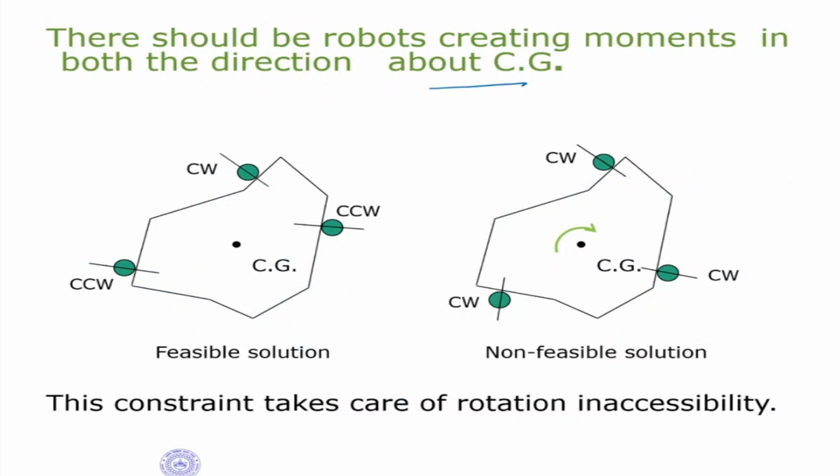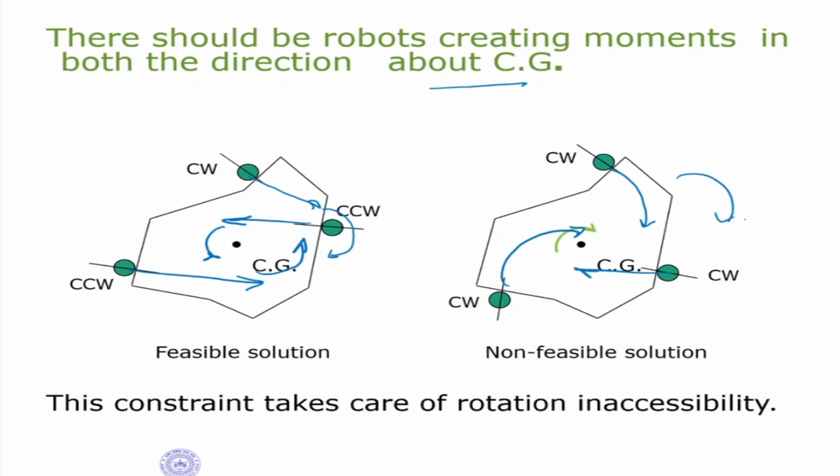The second is we can talk about there should be robots creating moments in both the directions. Okay, there should be clockwise and anti-clockwise moments, both should be there. So if you only have clockwise moments, it is not going to work. Okay, say for example in this case we have one here, and one here. So this one is going to cause anti-clockwise, that will cause this side, this will cause this side. So there are moments on all sides. Whereas in this case the moments are all on this side. Okay, so moments are all counterclockwise. Sorry, this is clockwise moments. Now this is not stable because it is going to simply rotate the object.